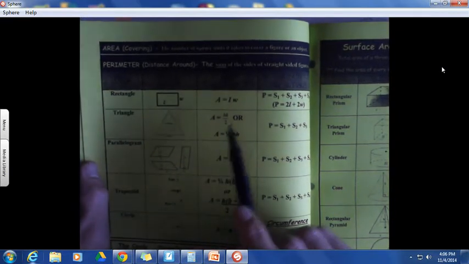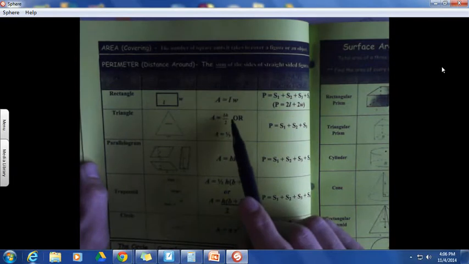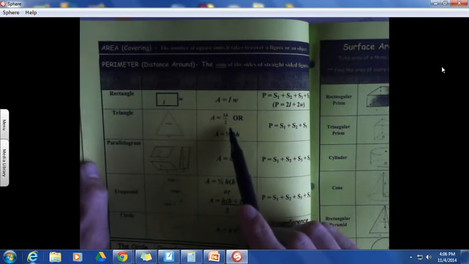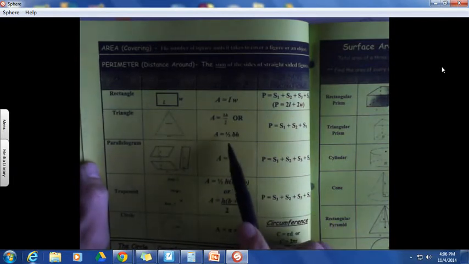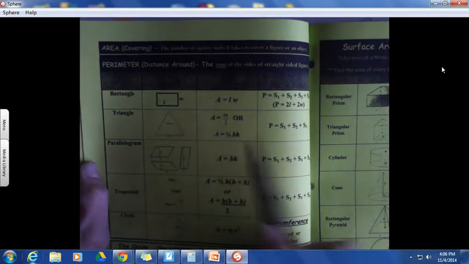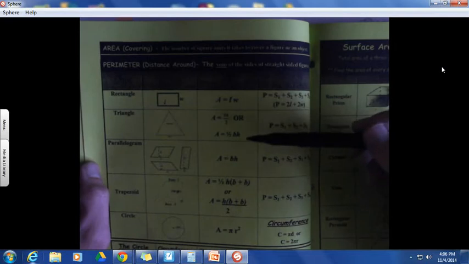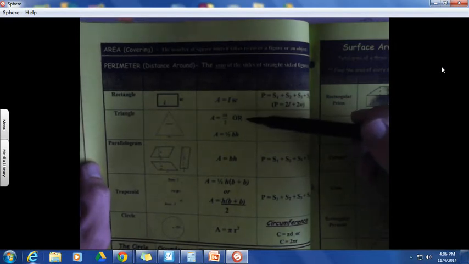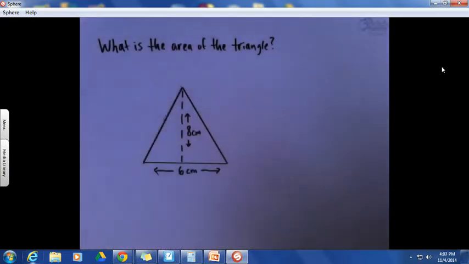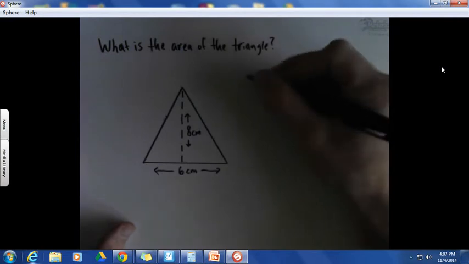We can see that it's base times height divided by 2. Or another way to say that is 1/2 base times height. Remember, multiplying something by 1/2 is the same as dividing it by 2. It's going to get you the same thing. So that's our formula for area. I'm going to write it here to the side. Let's try base times height